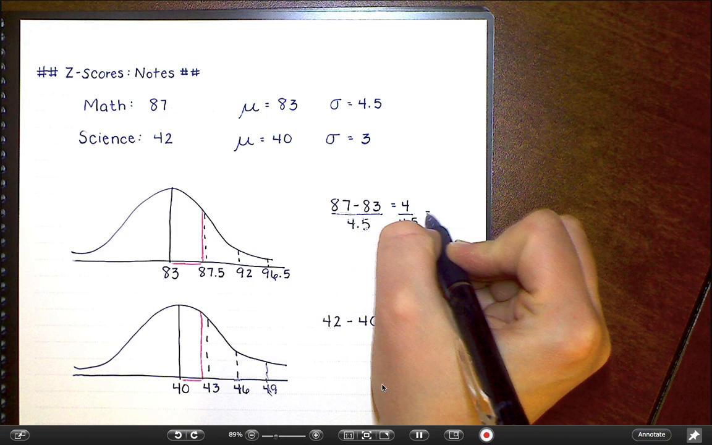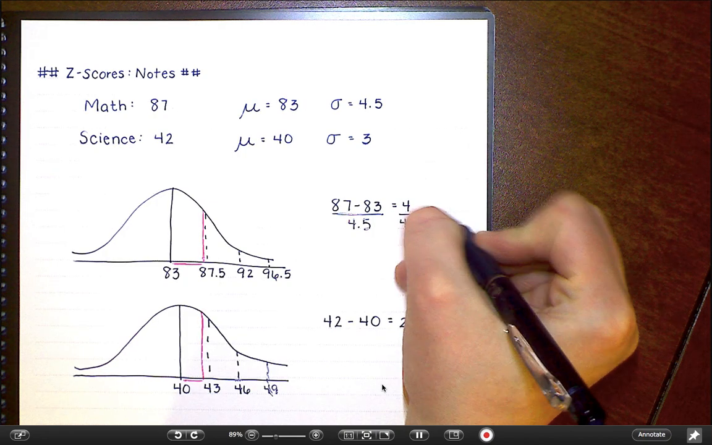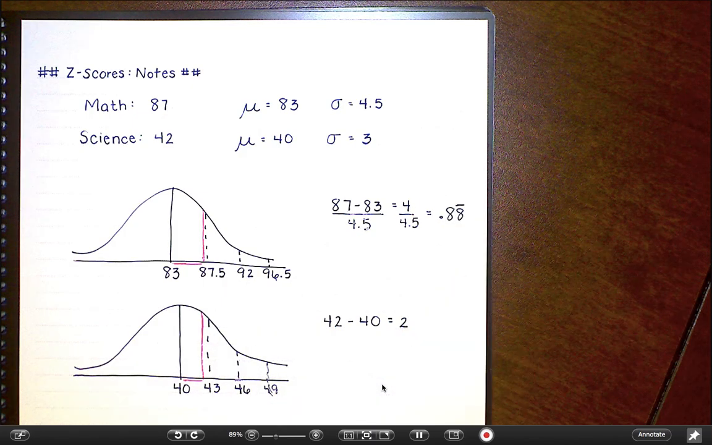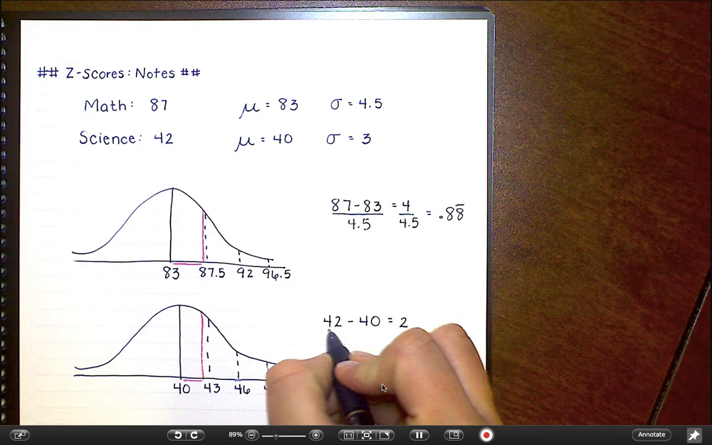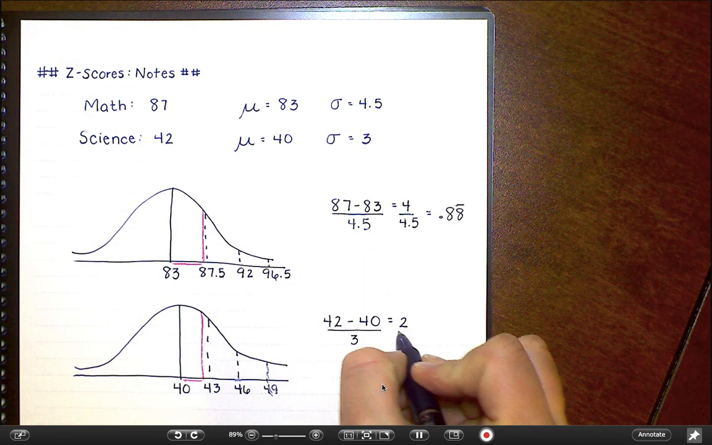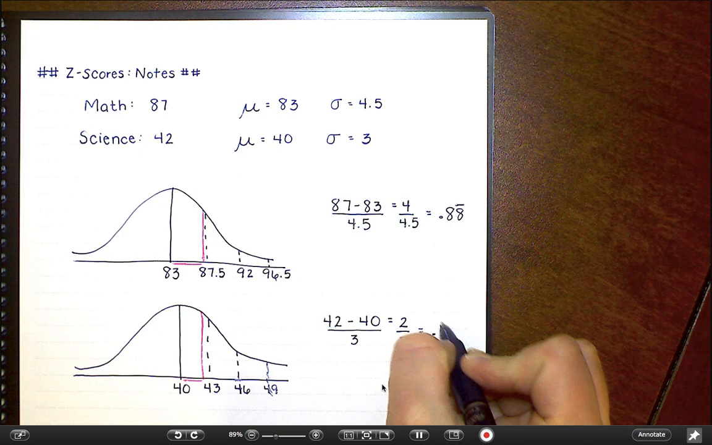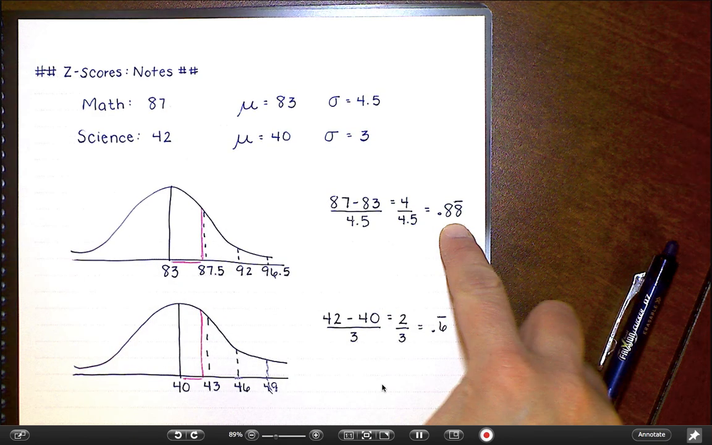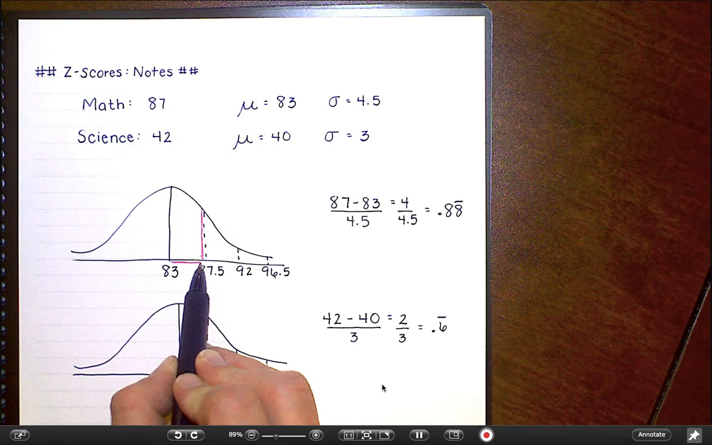Okay. And let's see, 4 divided by 4.5 is going to be like 0.8. I think it's 0.8 repeating. Okay. Here on this one, 42 divided by 40, and I'm going to divide by my standard deviation of 3. And I'm going to get 0.6 repeating. Okay. So that tells me that this one was actually a little bit further away from the mean, meaning in